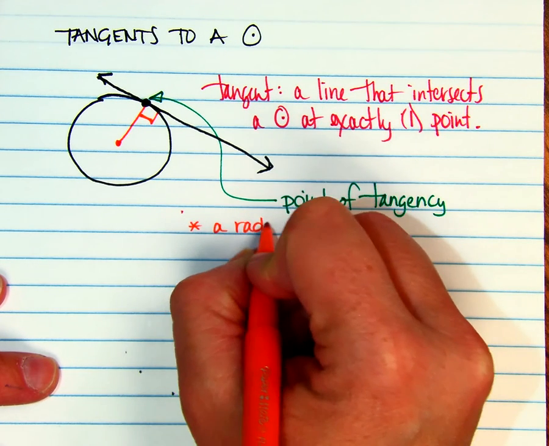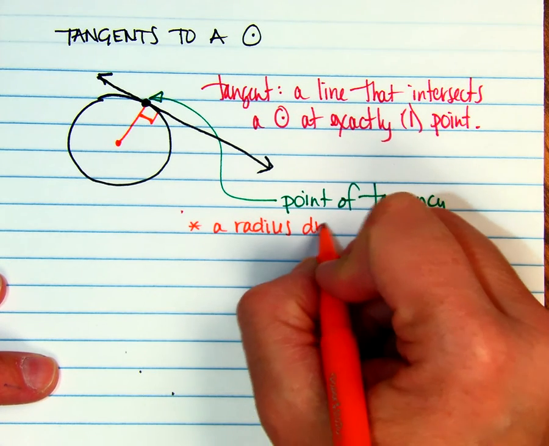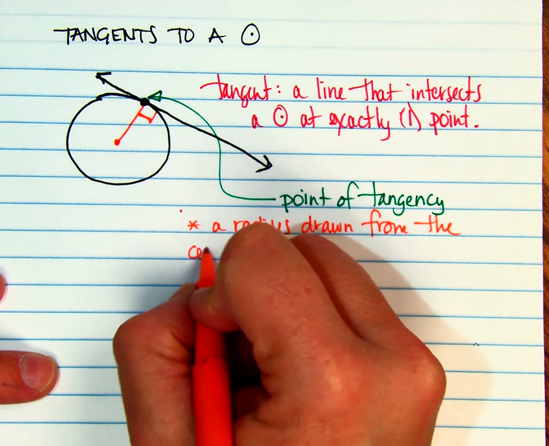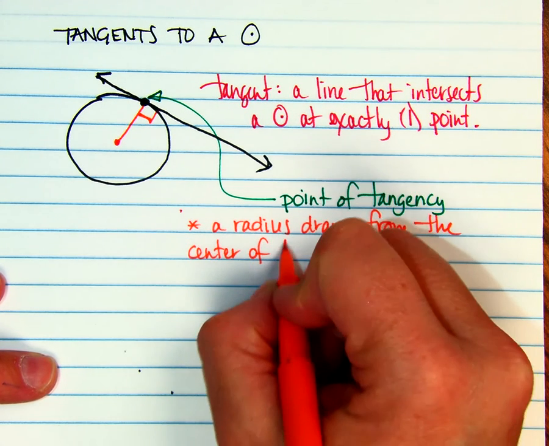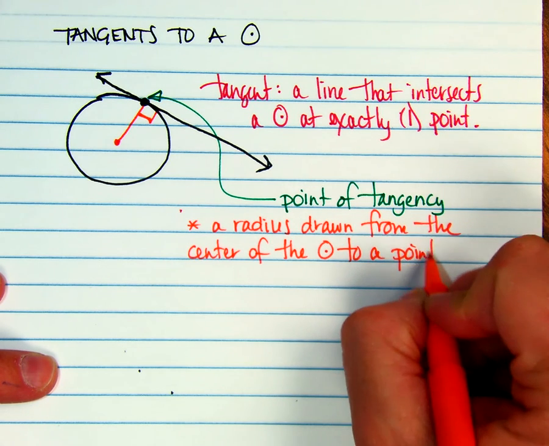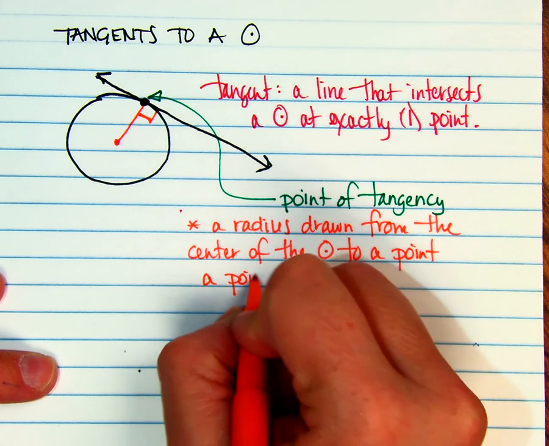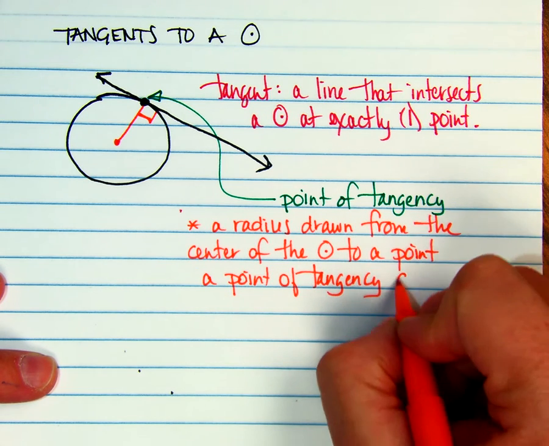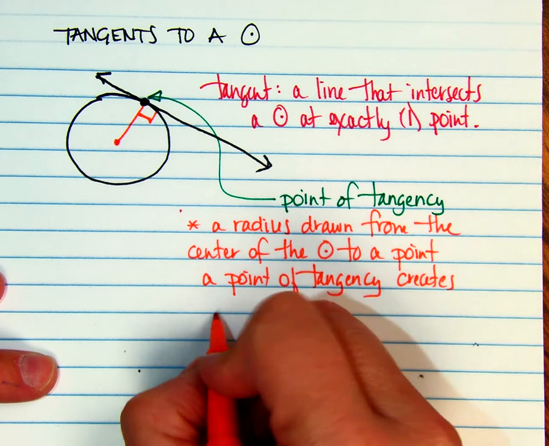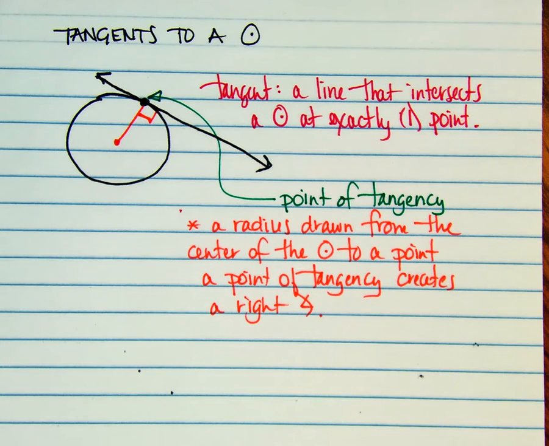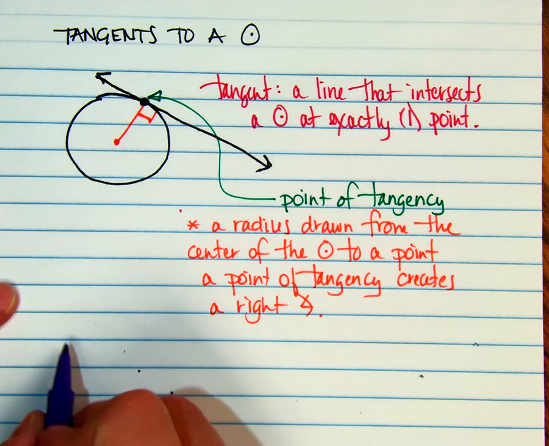A radius drawn from the center of the circle to a point of tangency creates a right angle. Okay? So when you have that situation, what you're going to see is that